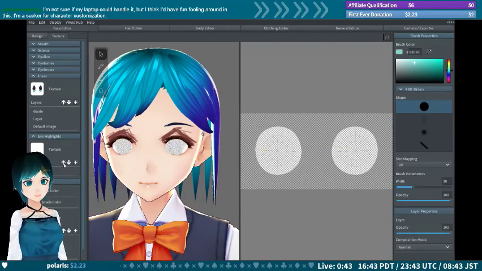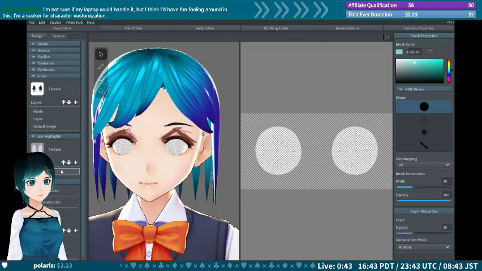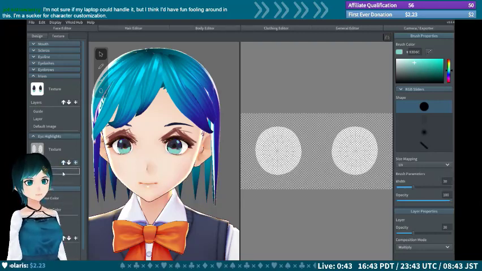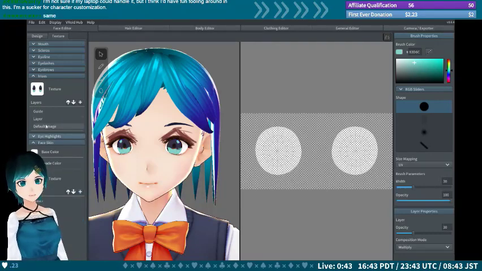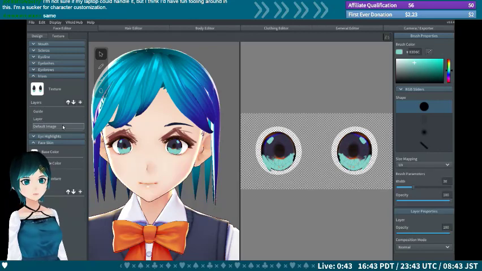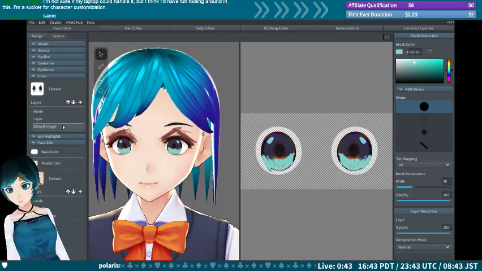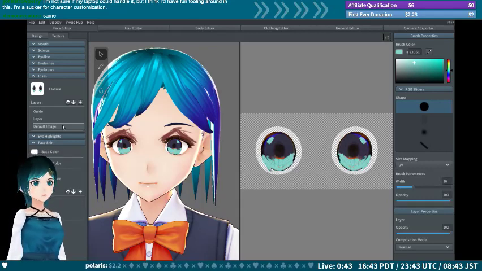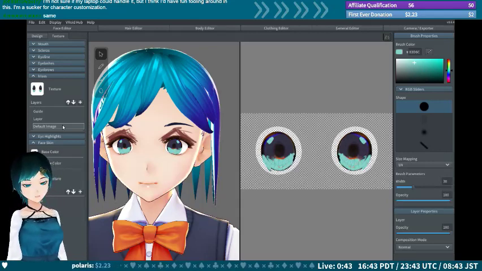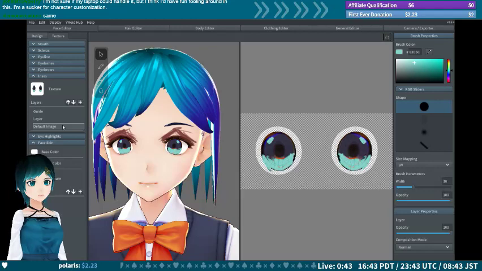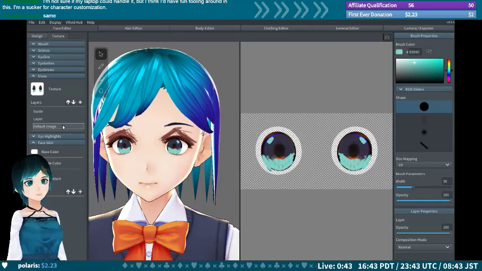Oh, whoops. Gotta change my UV eyes there. And yeah, this is being improved all the time, so I'm not really sure how much hardware load this actually takes up. It's really the same as any video game or 3D modeling software, perhaps even a little bit easier than that,